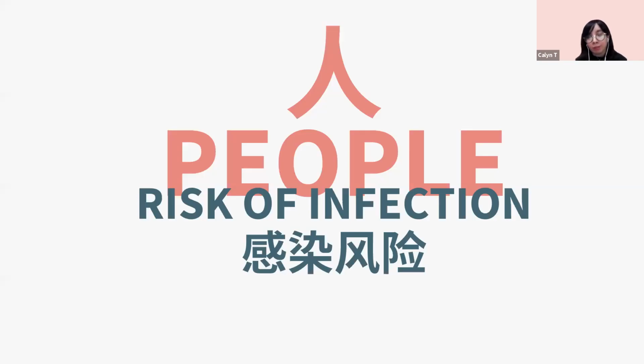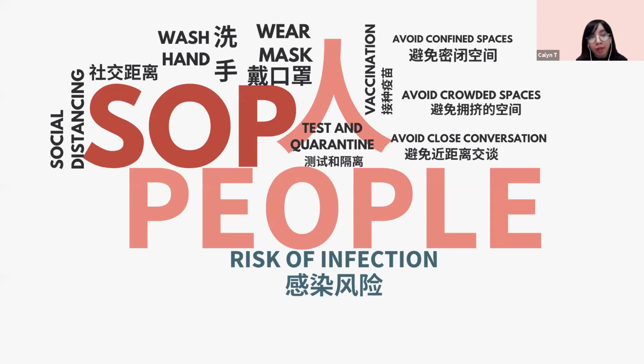So just now, we repeated over and over again, where there is people, there is risk of infection. Where there is people, there is risk of infection. And when you look at your SOPs, they are actually helping you to prevent these risks as you contact people. Because where there is people, there is risk of infection, right? But we also need people to be able to practice all those SOPs together to prevent at the same time,